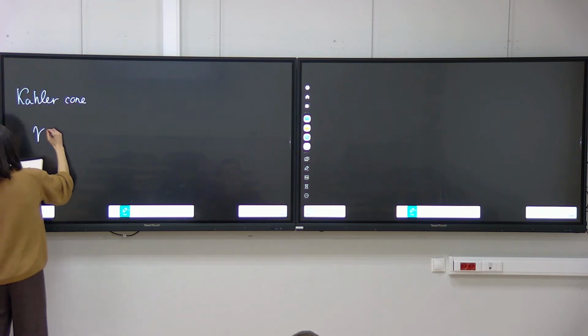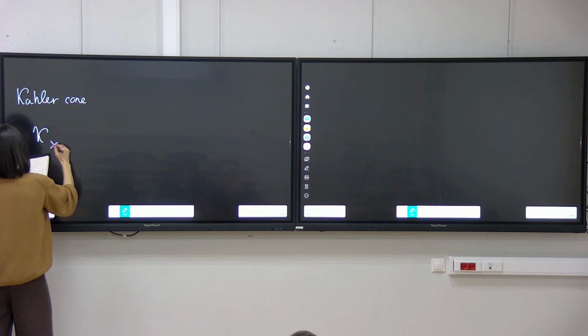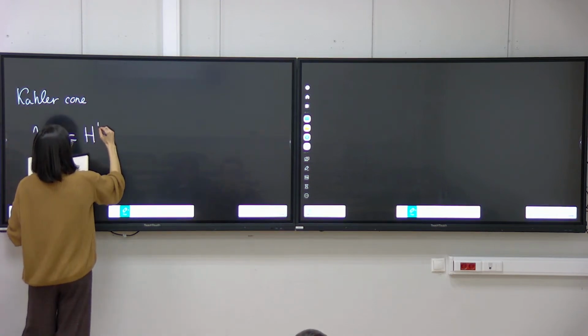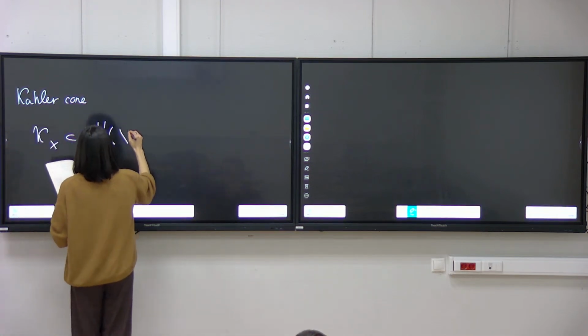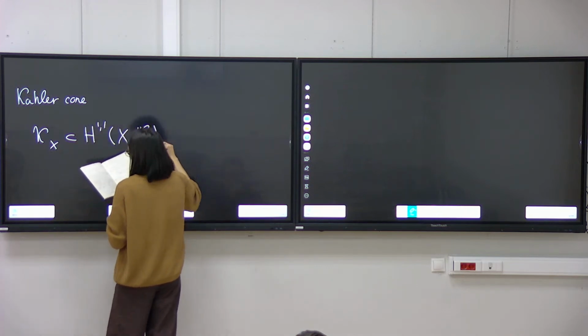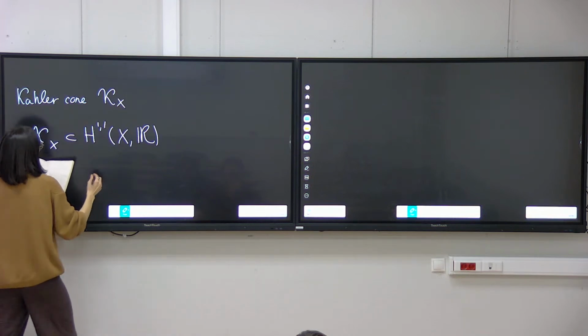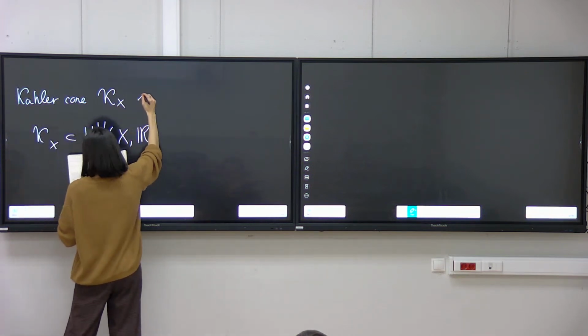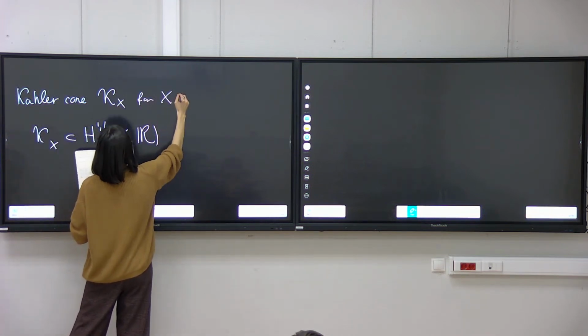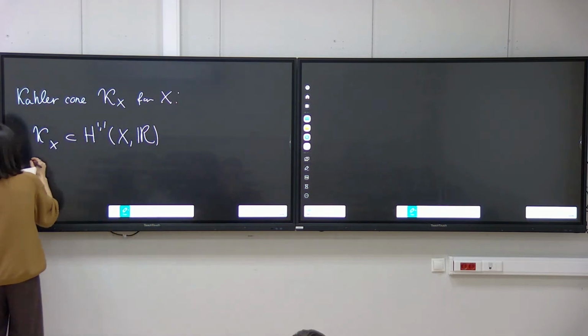So we can define for any complex surface its Kähler cone K,